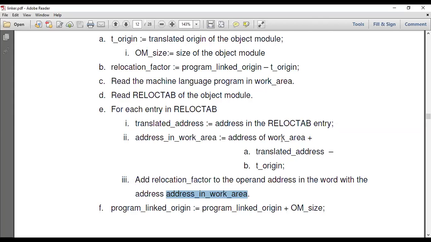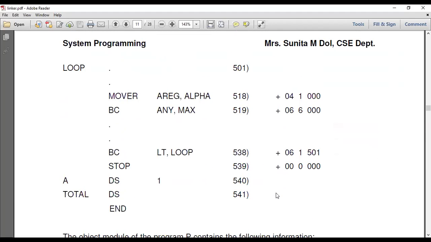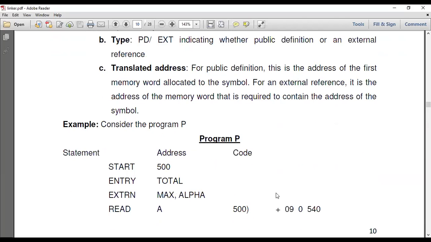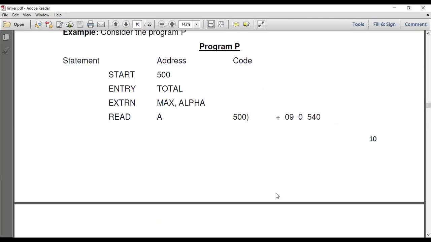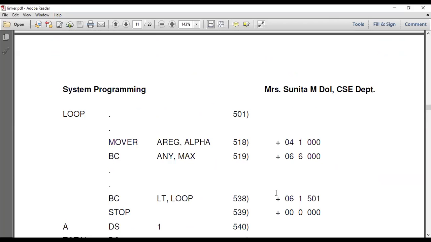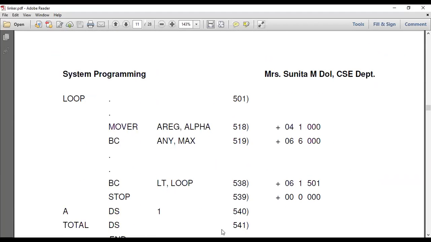Okay, yeah, so in that address, let me check what you have at the location. Program P. ओके, ह्या प्रोग्राम मध्ये थोडासा प्रॉब्लेम हा आहे की 500 ला 540 आणि दुसऱ्या आपण प्रोग्राम मध्ये इट इज 538.